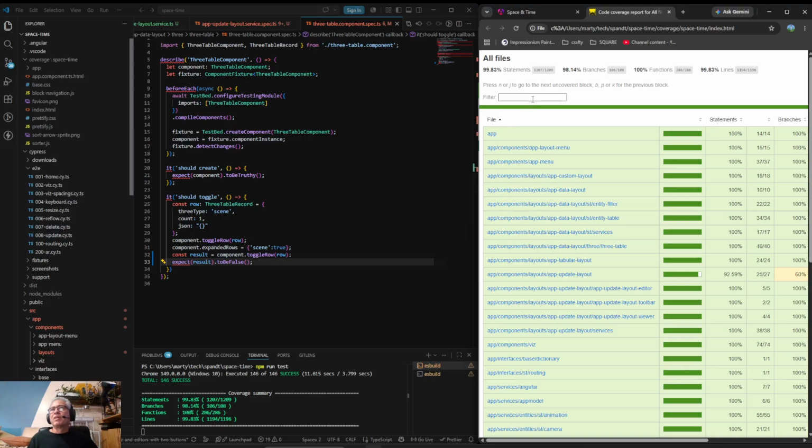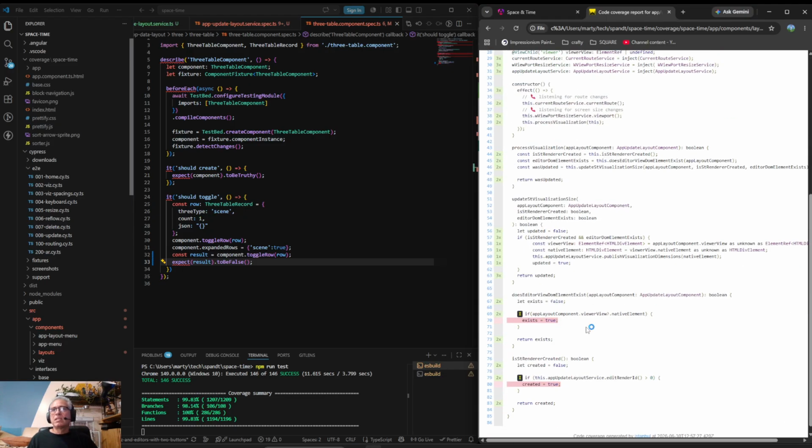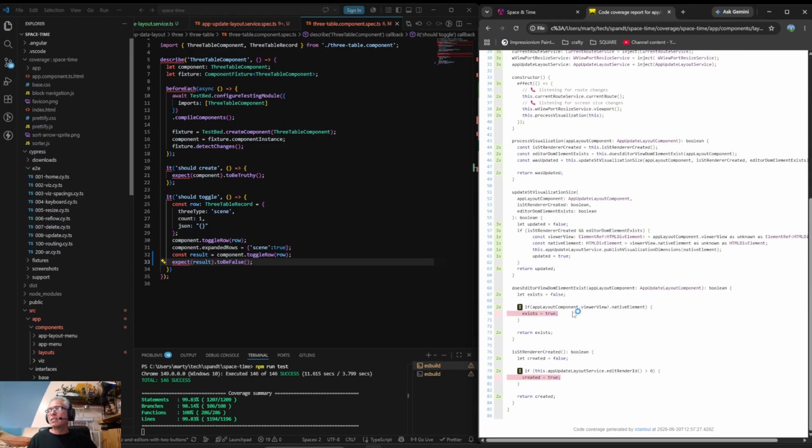So the browser was very, very confused. Look at that. Look how close we are. All right, so I think there's only one now that has issues. Yeah, so we have full coverage on everything but one. And this is going to be easy, I think.